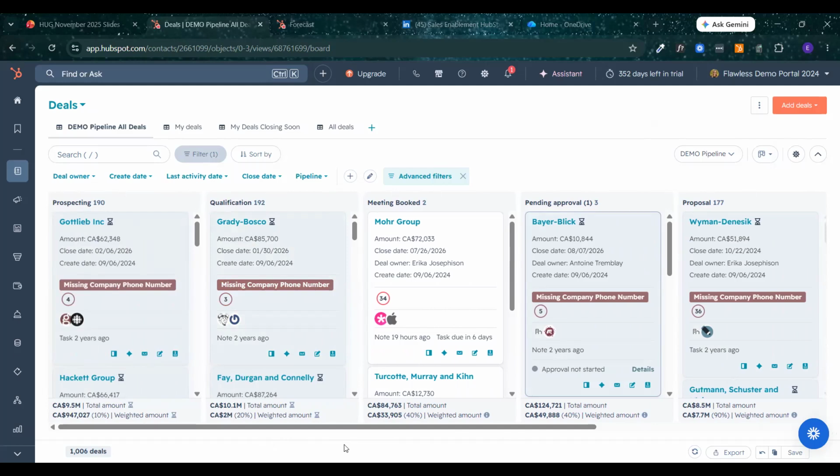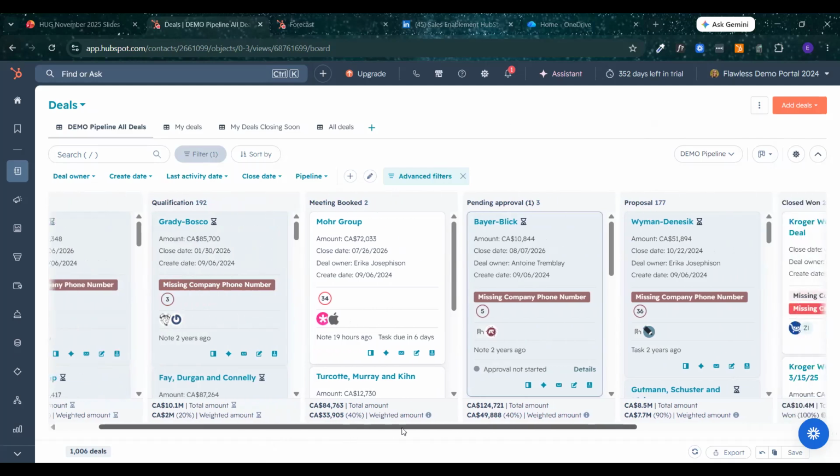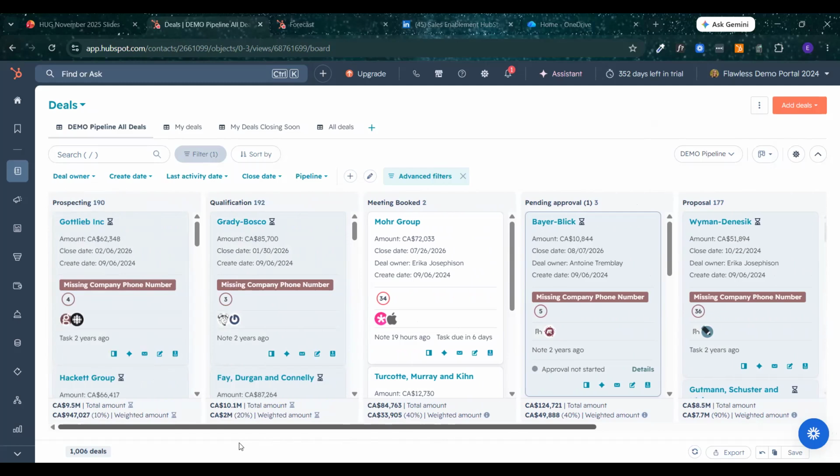There are a couple of other ones that we usually recommend. Date fields if there are meeting bookings, and this isn't happening automatically. So if you don't have deals automatically moving to meeting booked when a meeting gets booked, if you're relying on manual moving, we suggest a date field for when the meeting was booked.